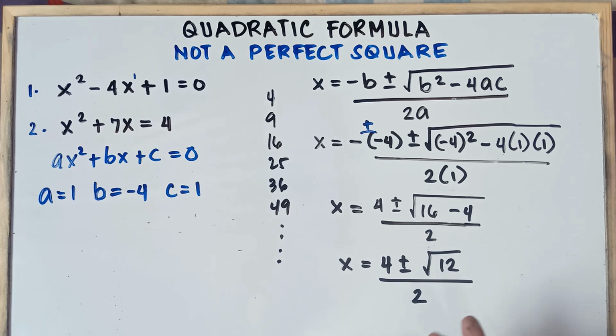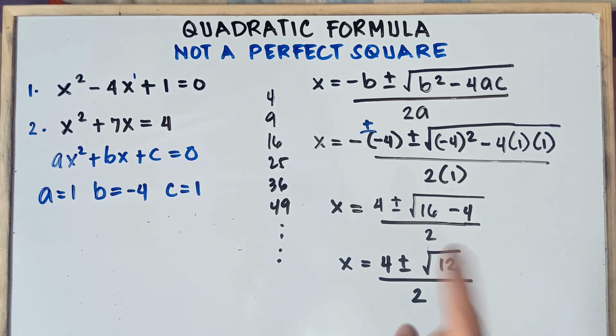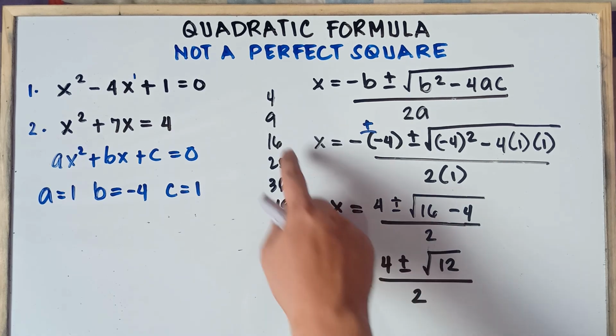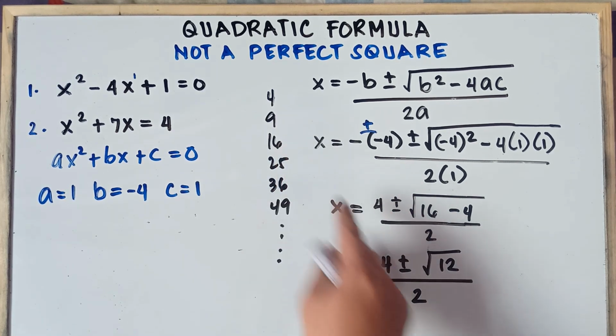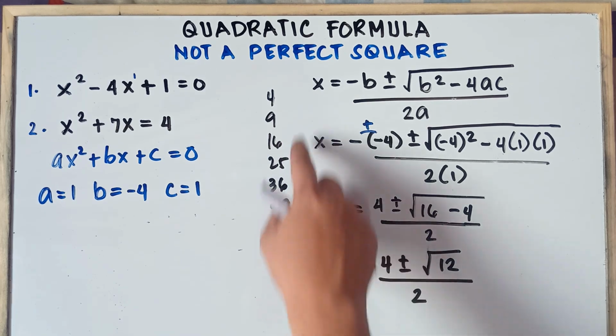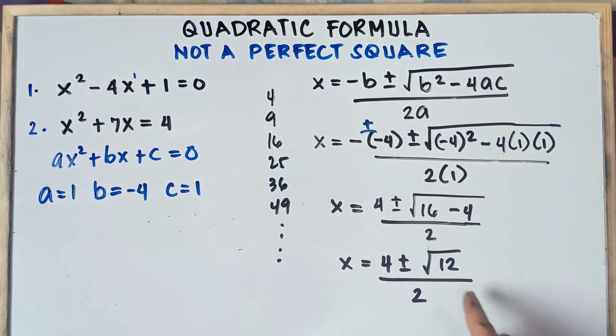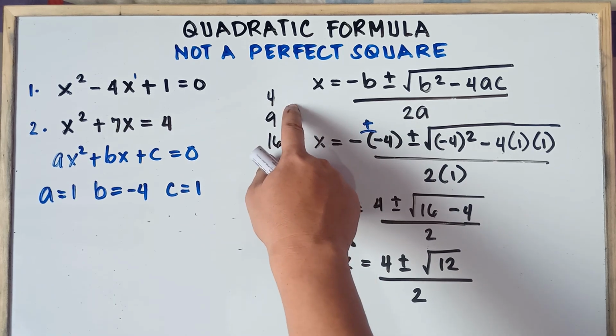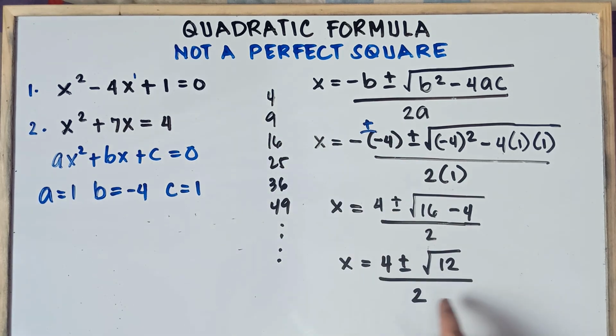So once again, you find two numbers that when you multiply, you will get 12. One number is a perfect square, the other is not. I'm sure you have it in your mind. That is 4 times 3, right? Or in some cases, if it's hard for you to find that number, you can divide, class. 12 divided by 16 cannot be, because 16 is greater than 12. 12 divided by 9 cannot be. 12 divided by 4, of course, that's 3. Therefore, the two numbers should be 4 and 3.